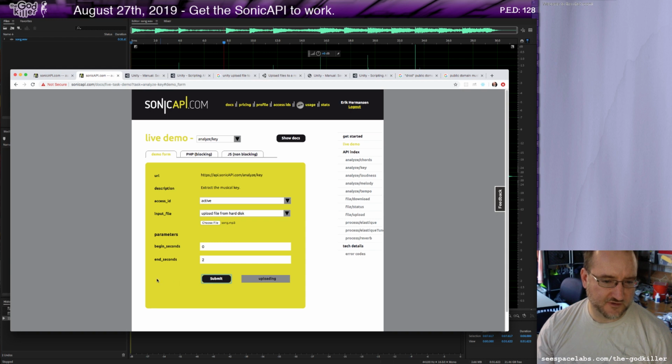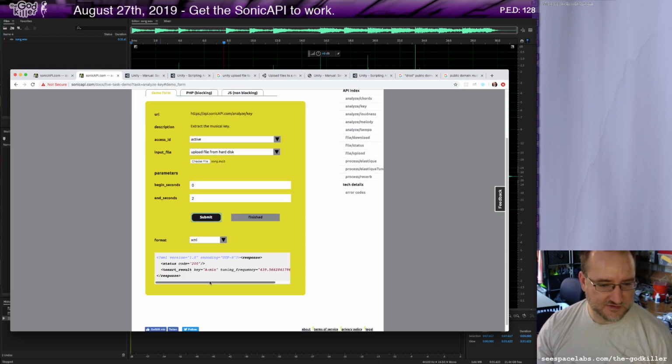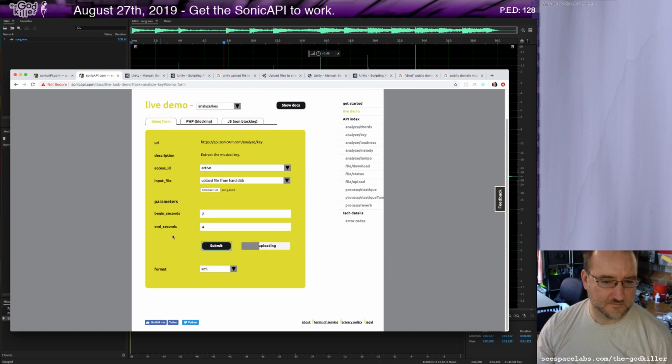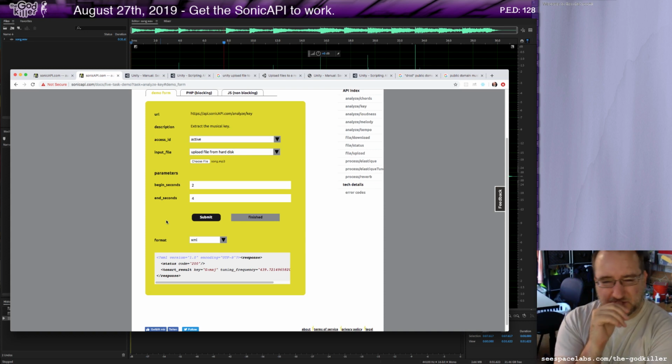So upload the file, then it performs the analysis. It says A minor. So if we go 2 to 4, the note was going do do do. Okay, try that. G major. Okay. So that works, but